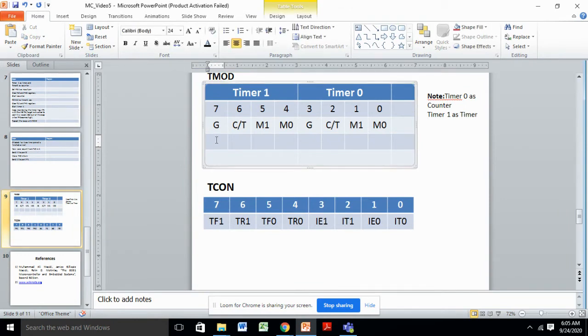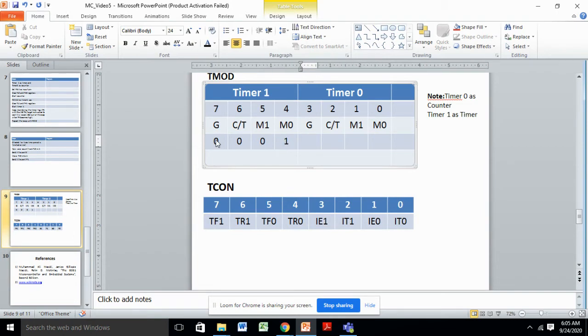Bit number 7, that is the gate bit, will be equal to 0 as we are controlling all these things through software instructions only. Timer 1 will be used as a timer, therefore this bit will be 0. We will be using the most widely used mode, that is mode number 1. So these bits will be 0, 1.